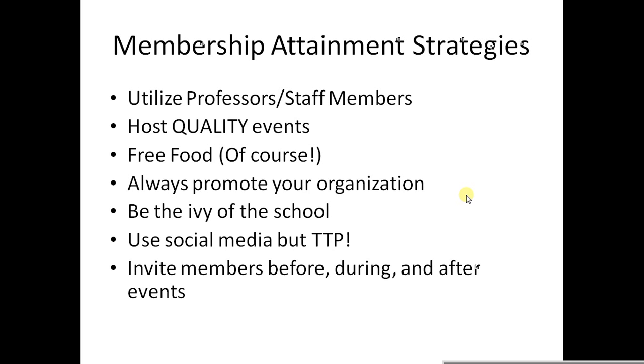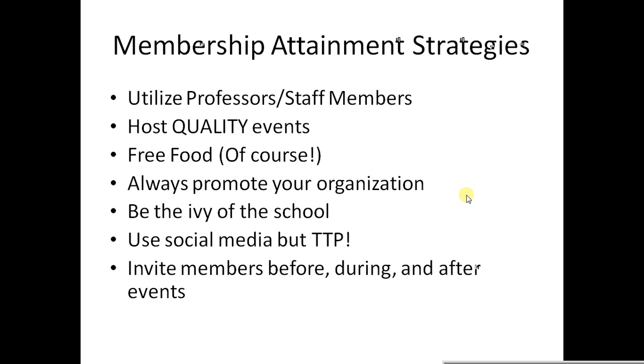If you put the food out in the beginning, you're going to attract people that you necessarily wouldn't attract. But my argument would be, you're going to attract those people who just want to grab food and leave. But the people who really are interested in hearing what you have to say, you reward them at the end with food. And also, it allows you to have conversation with them about maybe what their program was just about, or their own schedules. So free food, I think, should be delayed until the end of the event, but that's just my opinion.